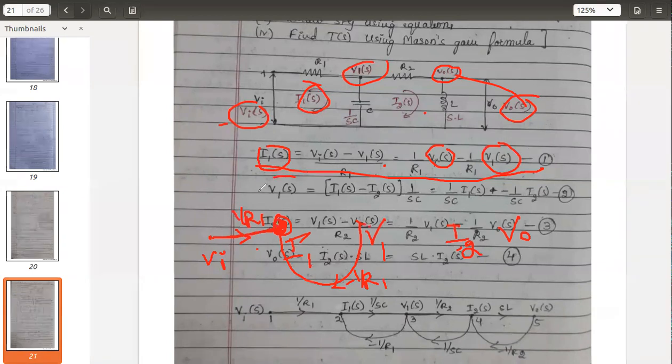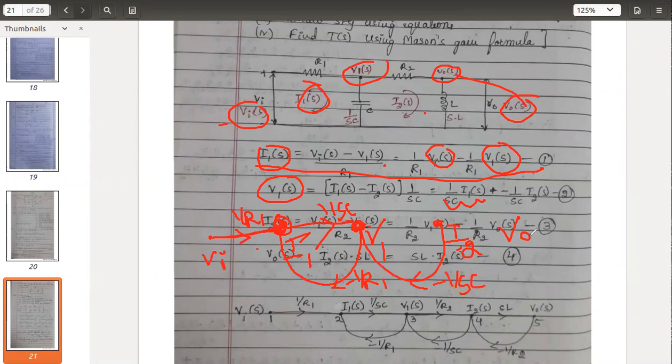Coming to the second equation, now V1. At V1, we will see how many signals are coming. At V1, one is coming from I1. So there is a forward path. Take this with 1 by SC. And take one more line, that is I2. From I2 it is coming. Again, I cannot take it back, a forward path is there. I cannot take one straight line with the backward direction. So take a loop. It should be minus 1 by SC.